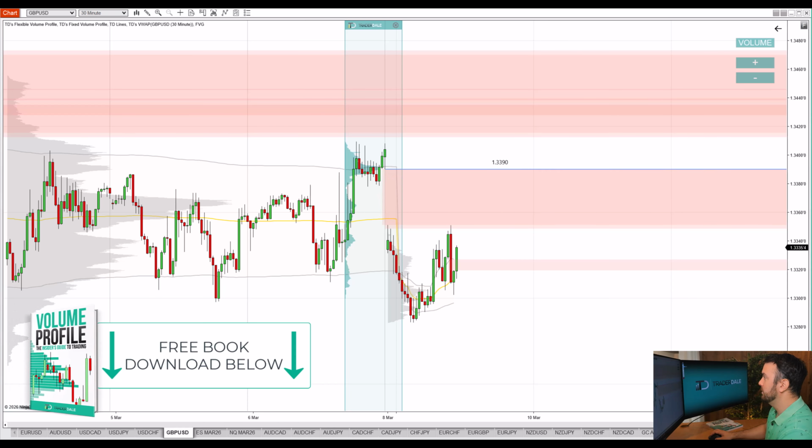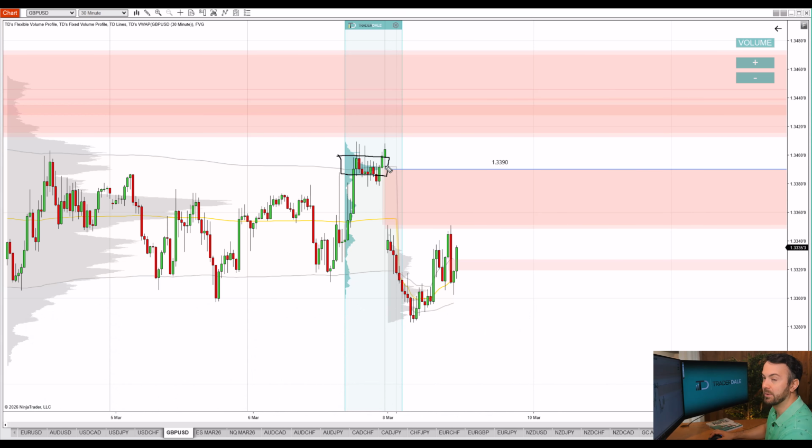So what I want to see is a heavy volume zone like here, and it should be at the place where the beginning of the gap is. So here is the beginning of the opening gap, and as you can see, it nicely aligns with that heavy